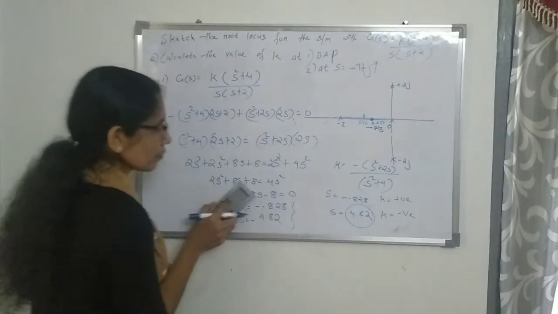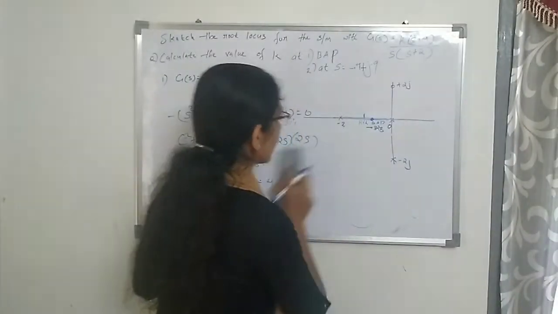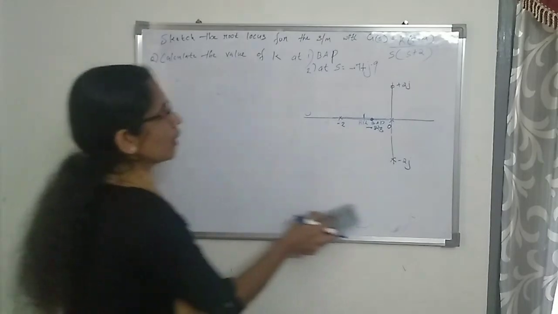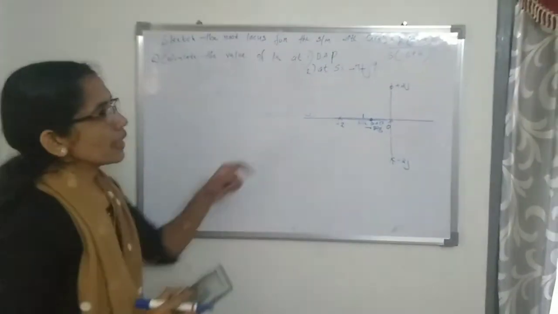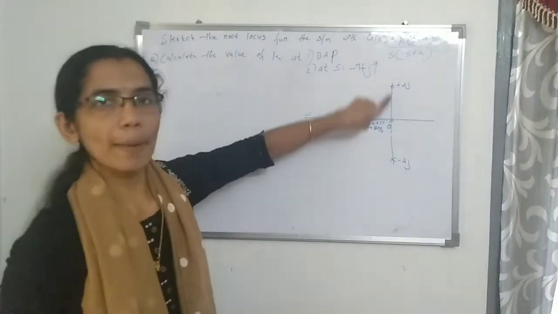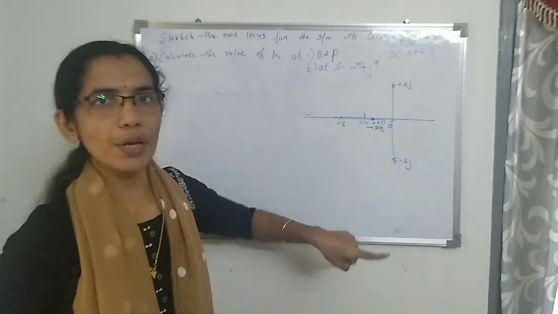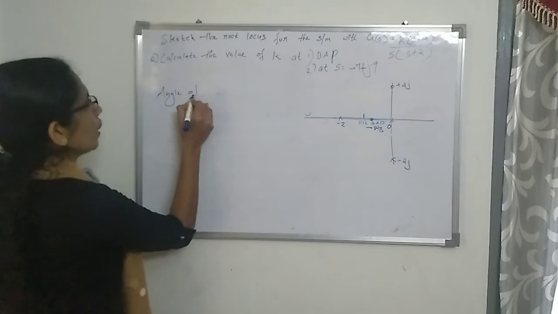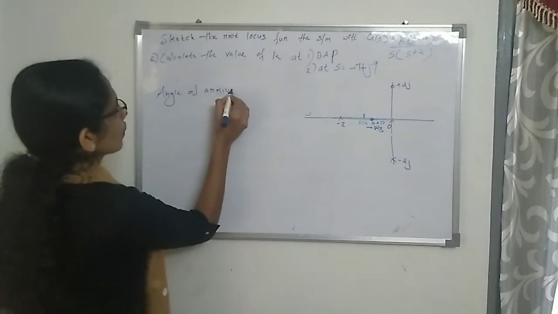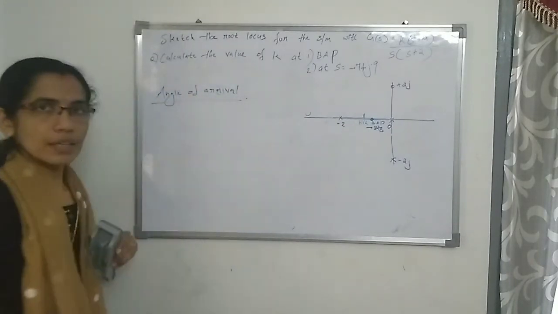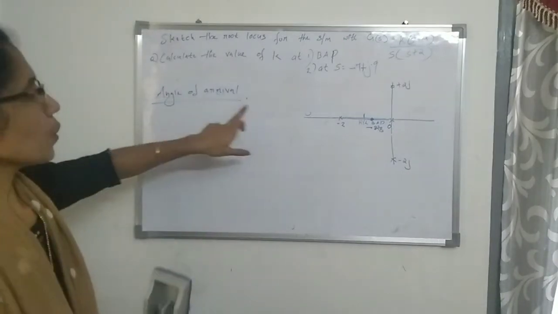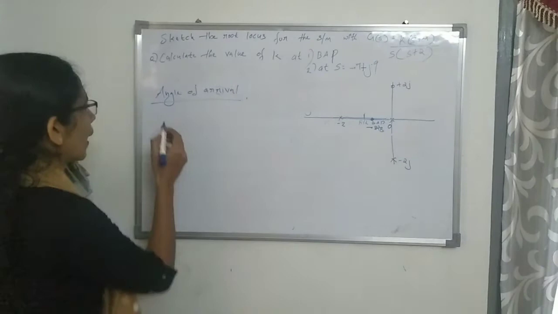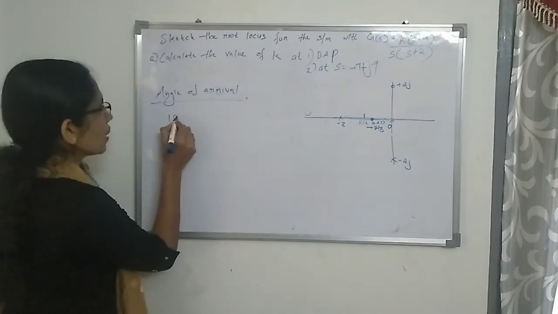Okay. Next, we need to find the angle of departure and angle of arrival. From this question, we know that there are two complex zeros. If there is a complex zero, angle of arrival will occur. So, we need to find the angle of arrival. We know the equation of angle of arrival. Angle of arrival equals